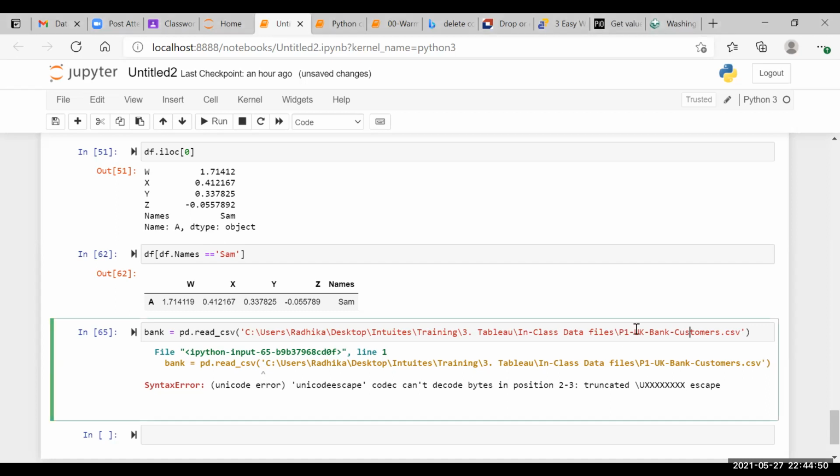Customers. This is the file name. It's giving an error with the path you're giving. One second. You have copied it, right? The path is correct, right? So you're using the C drive over there.